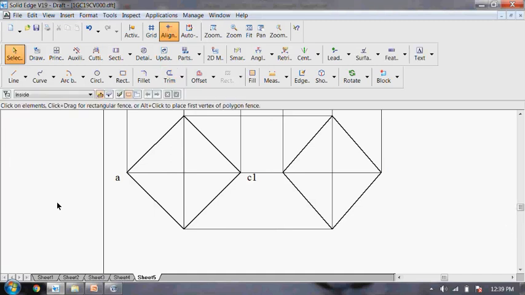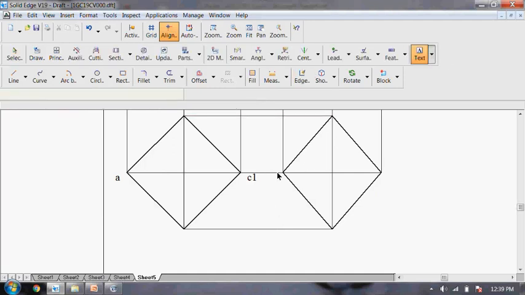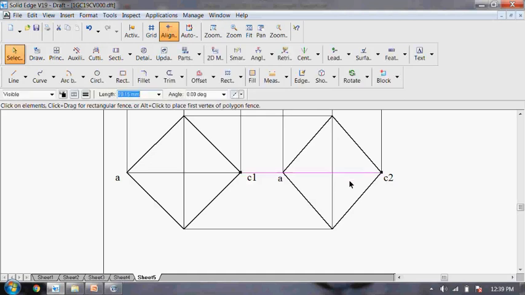So next step, label the diagonal of regular lamina and irregular lamina. The regular lamina is already labeled with AC1. Let me label the diagonal of irregular lamina with AC2. And then measure it. So here you can see it's not a single line.